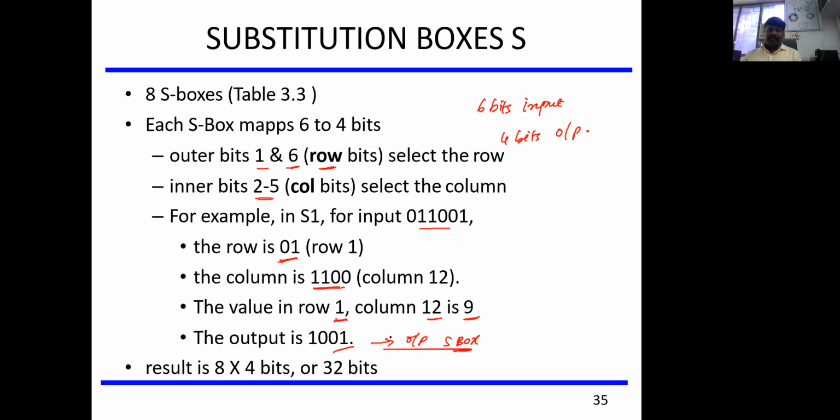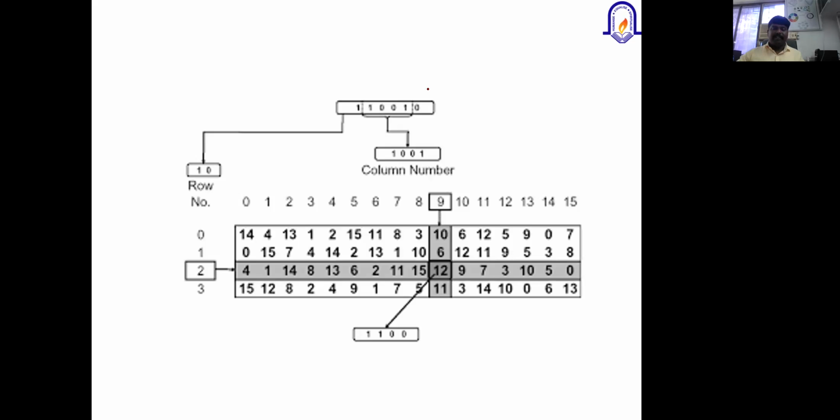Here you'll find the S box table, where at most you have 16 columns and 4 rows. The input might be with different numbers. Take 110010: out of that, the first and last bits, 1 and 0, are considered as the row.